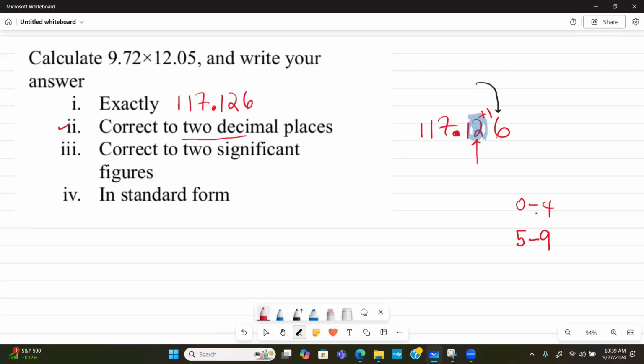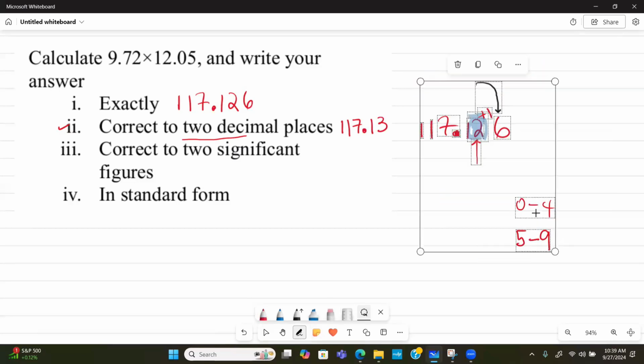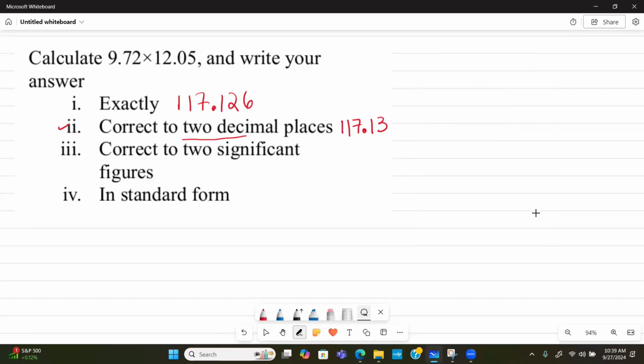So what we're looking at is 117.13. And there it is. We would have represented that idea, as you see, to 2 decimal places. All right, let us keep going. The other idea is that we want to write our response correct to 2 significant figures. So let us look back at this. So it's